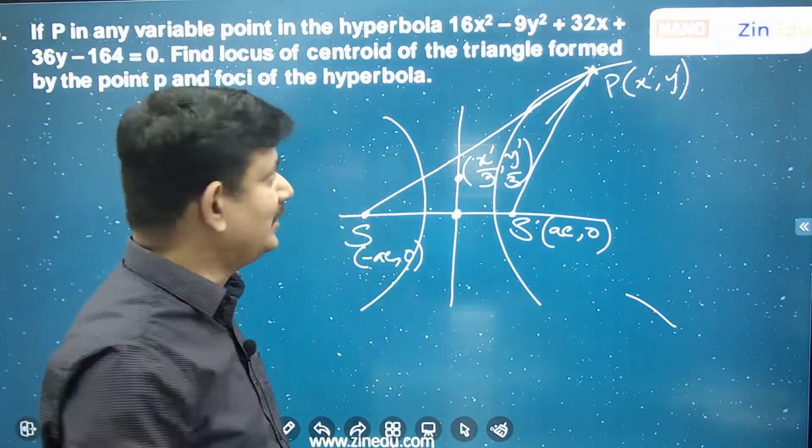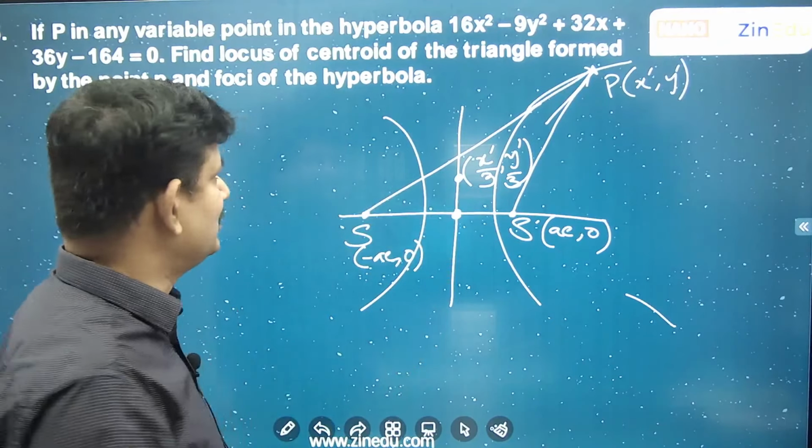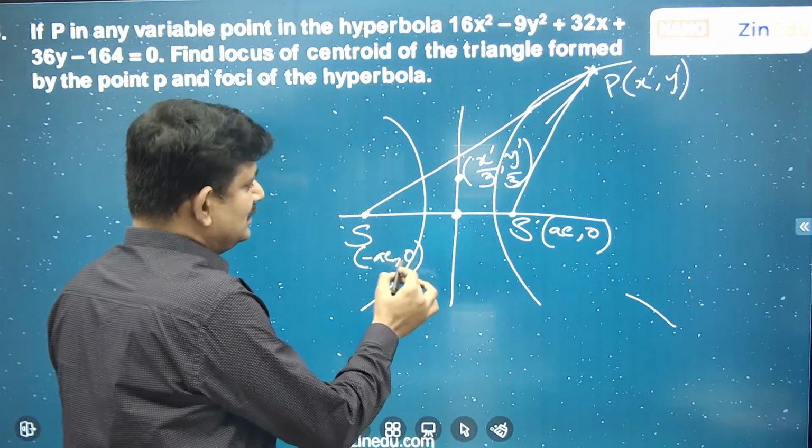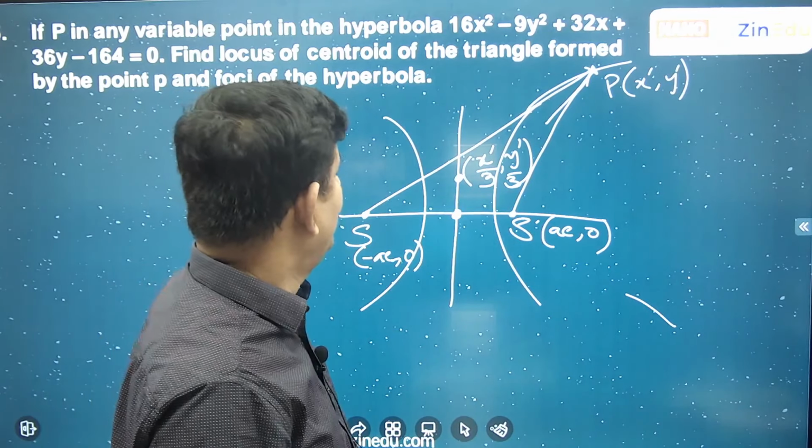But here, the hyperbola does not have its center at the origin. Had the center been at the origin, this would have been the case, but the center is not at the origin, it is at some other point. So in that case, what happens? Just that center gets added, that's it, nothing more. Okay. So center,